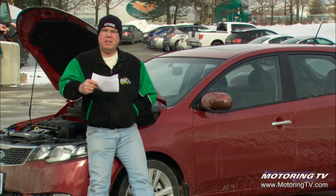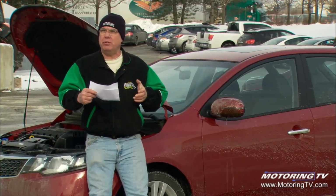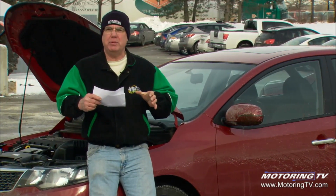Well, Ron, basically, in most cases, the scheduled maintenance for most manufacturers isn't terribly different between normally aspirated and turbo or supercharged engines. You might be talking about a little bit more frequent oil changes, but there's not a whole lot of difference there. Where the key difference will be is when you get into servicing other items under the